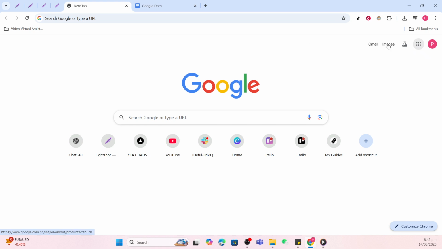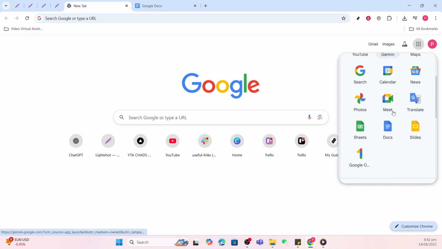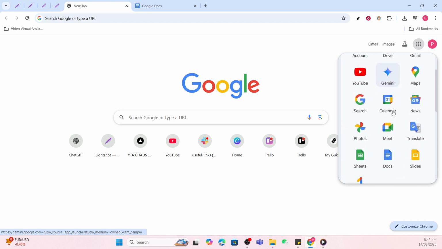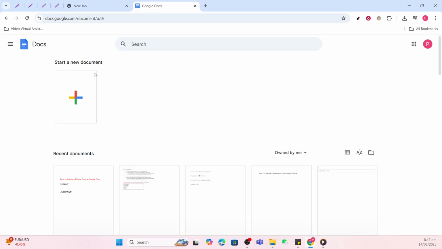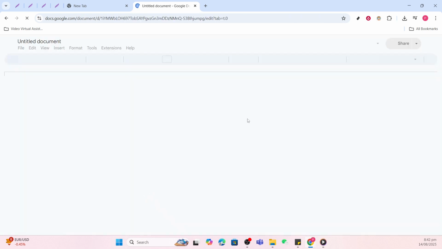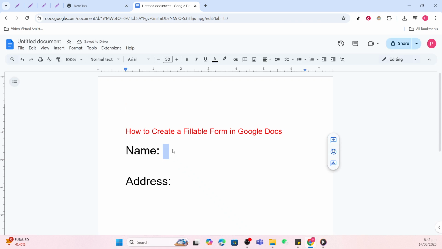Now that you're signed in, you'll see a small grid-like icon at the top right corner. That's the Google Apps menu. Go ahead and click on it, which will reveal a drop-down list of all Google services. From there, find and click on Google Docs. Once you're on the Google Docs homepage, you'll have the option to start a new document. You can do this by clicking on the blank document thumbnail, which is the simplest way to begin a new